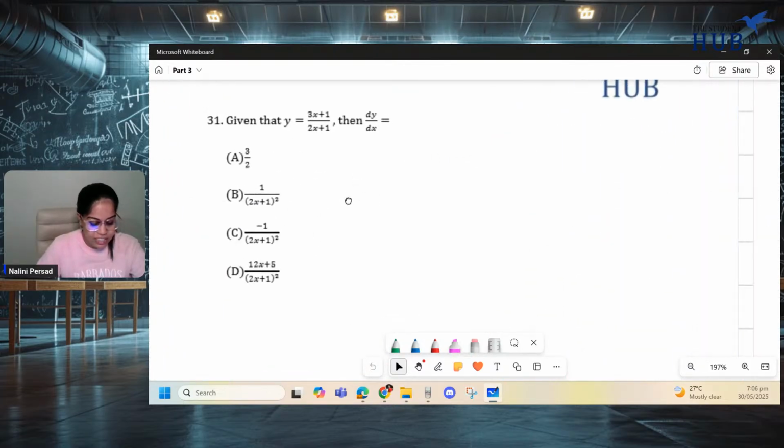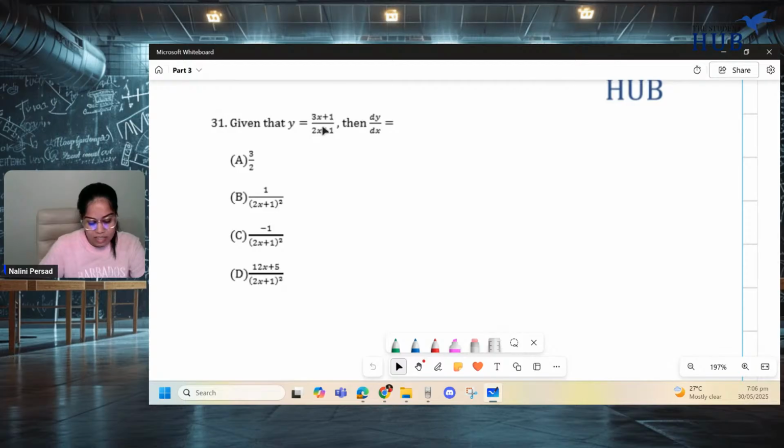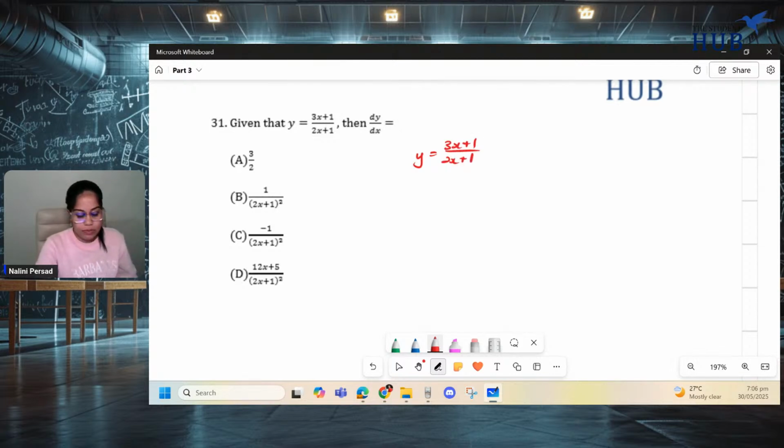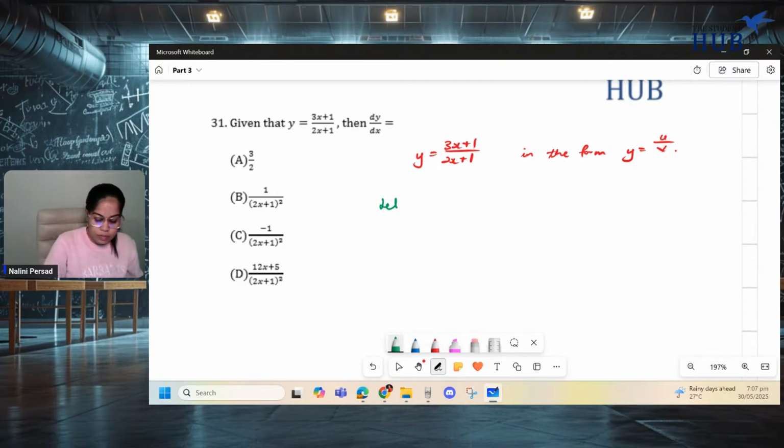All right, question 31. Y is equal to something over something, a rational function. There's a rule you should think of when you want to find the dy dx. Three x plus 1. So what rule are we thinking of? If this is in the form y is equal to u over v,